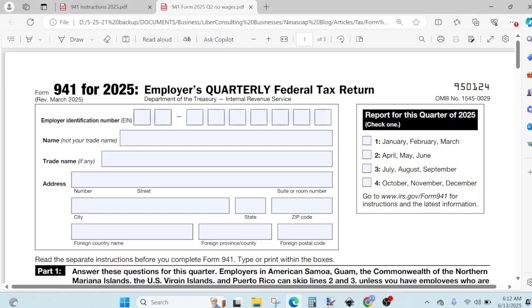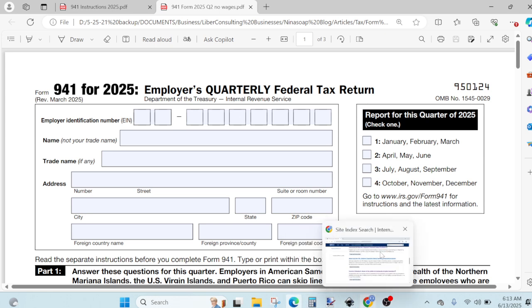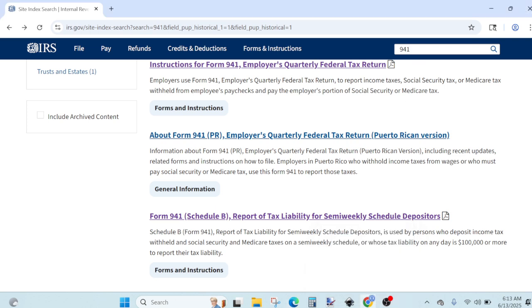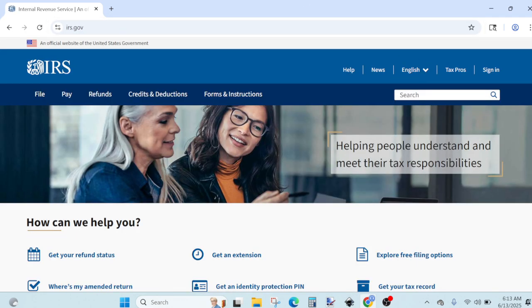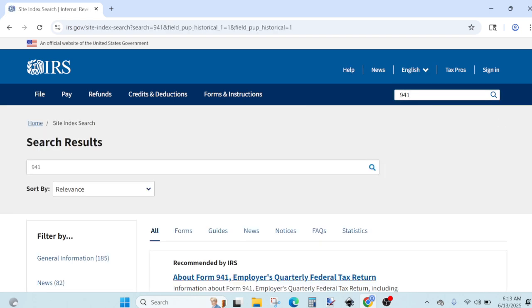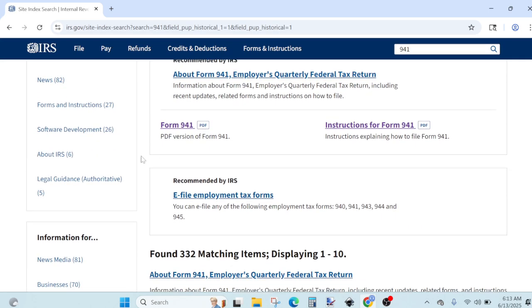Hello, how do you file Form 941 for 2025 quarter 2 if no wages are paid? So if you do not have the form in your record, you can just go to irs.gov and you type Form 941 and you make sure you click on that search icon and you download the form,